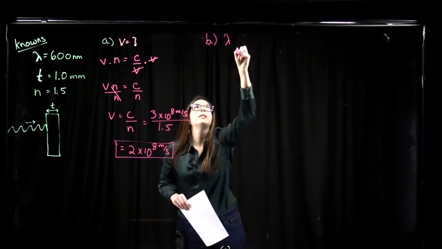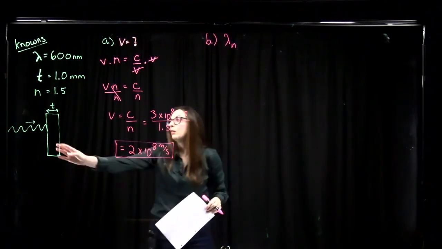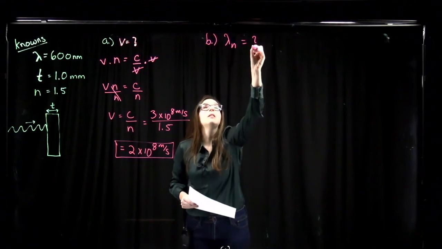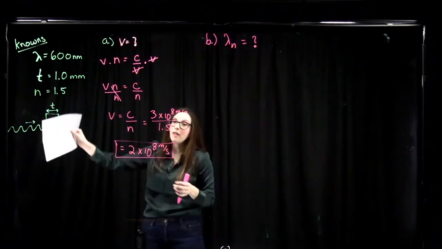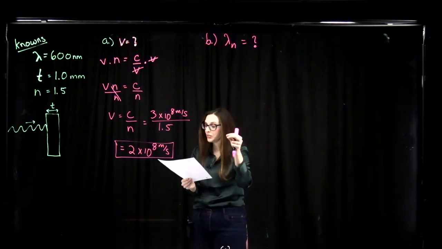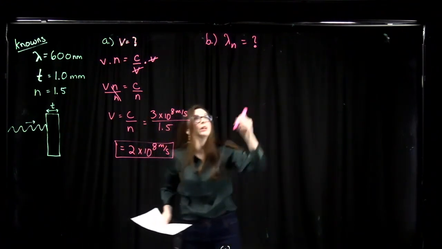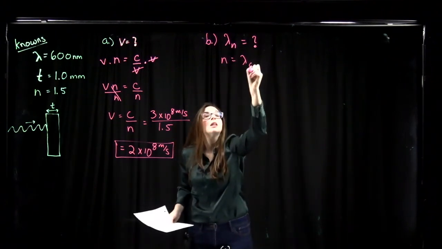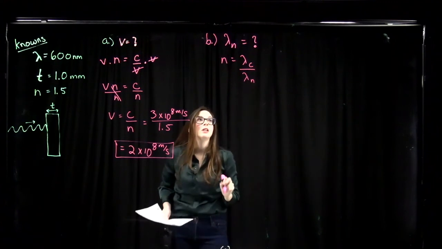So lambda, I'll call it lambda sub n, for the wavelength of light inside the material with an index of refraction that doesn't equal 1. So what is this? It's not going to be this 600 nanometers, because that's the wavelength of light that's traveling through the air before it enters into the glass. So in order to find this new wavelength of light inside the glass, we're going to use the following equation. N is equal to the wavelength of light traveling through the vacuum, or air,